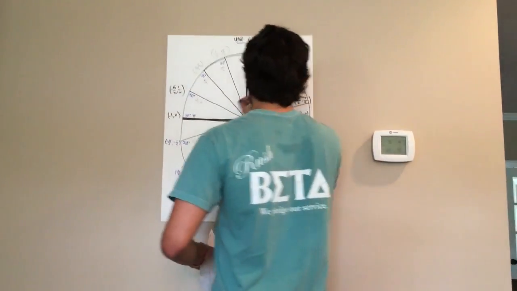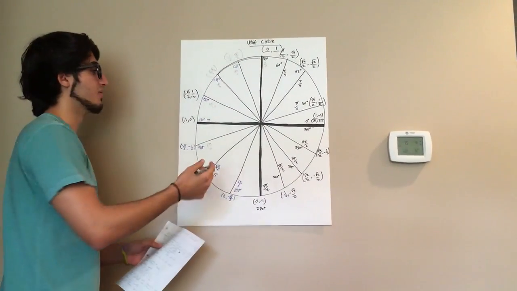Alright guys, and you see it's separated into quadrants like any other normal circle. We have the